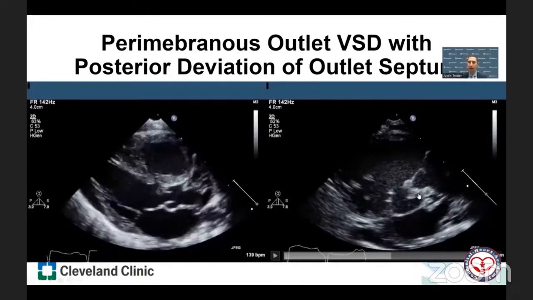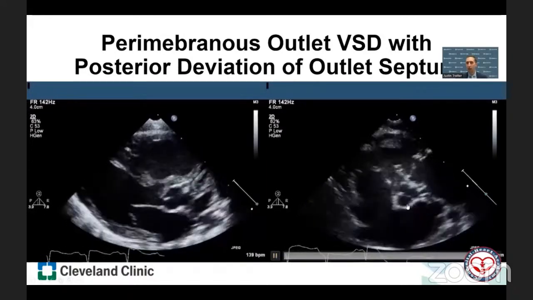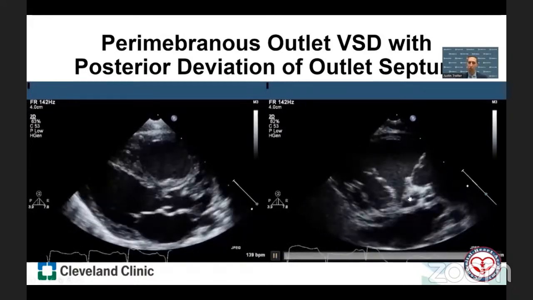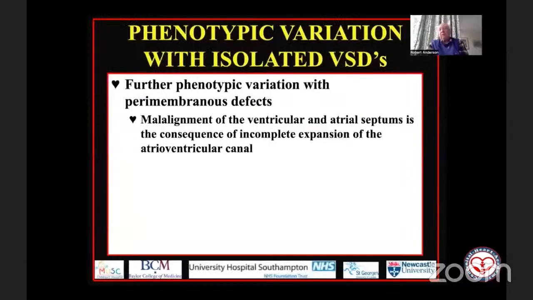So it extends into the outlet to open into the outlet of the right ventricle. So this is a perimembranous outlet ventricular septal defect with posterior malalignment of the outlet septum. So we've looked at the consequence of malalignment of the outlet septum, but you're all well aware now that it